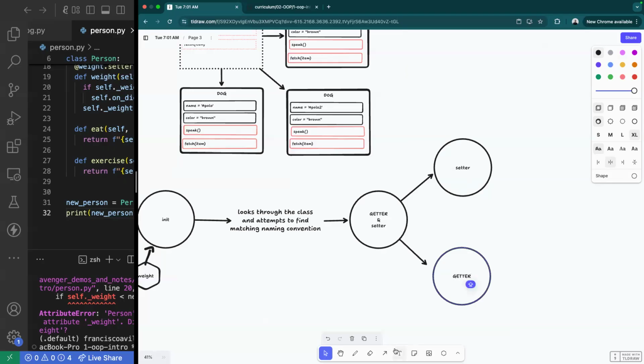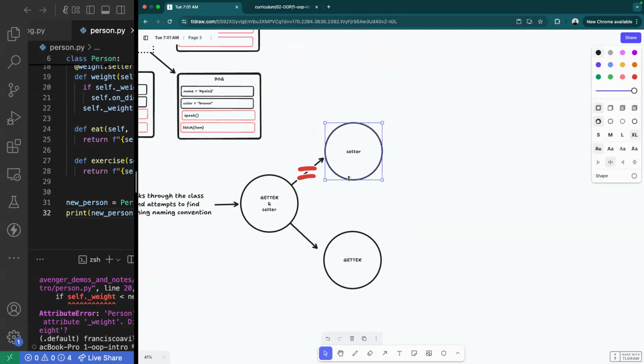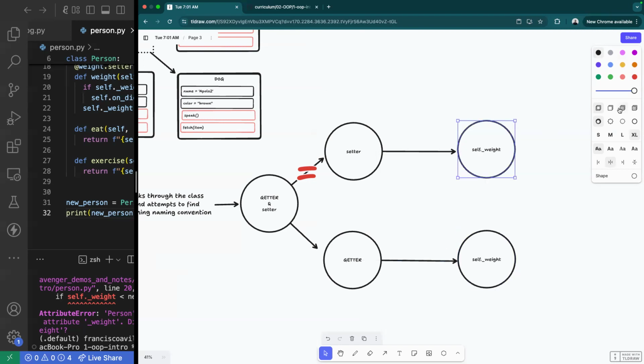Well, because it found an equal sign, meaning that it was an assignment, it goes to the setter. Then inside of the setter, we create the variable self dot underscore weight. And the getter only returns the value of self dot underscore weight. And I guess how do I symbolize this? So this is only to grab